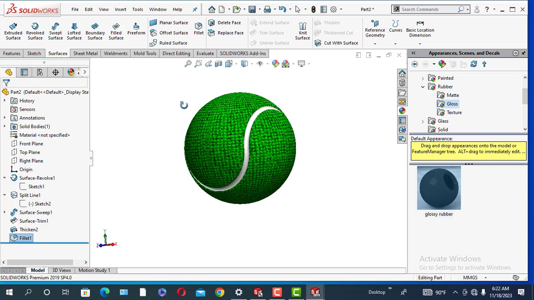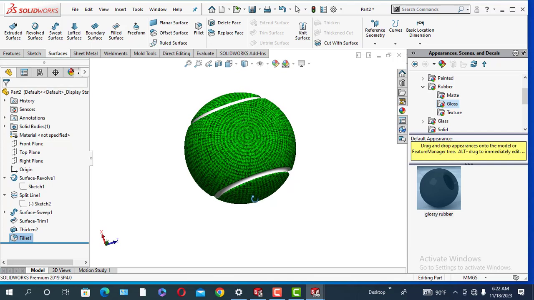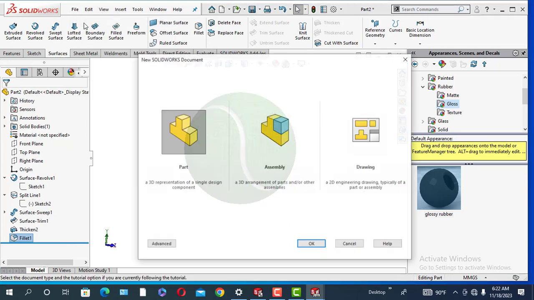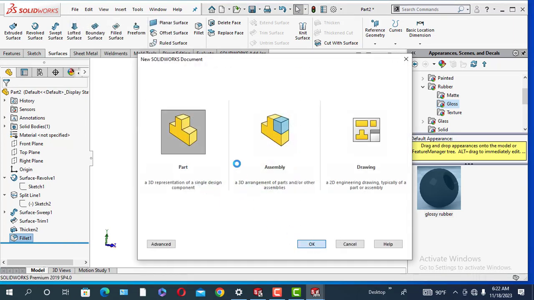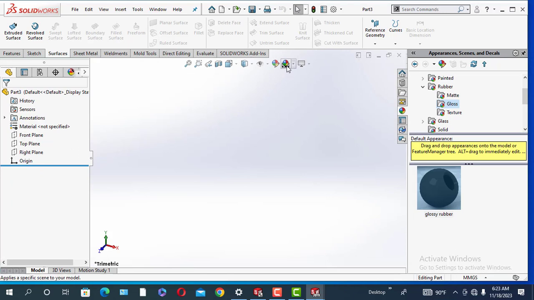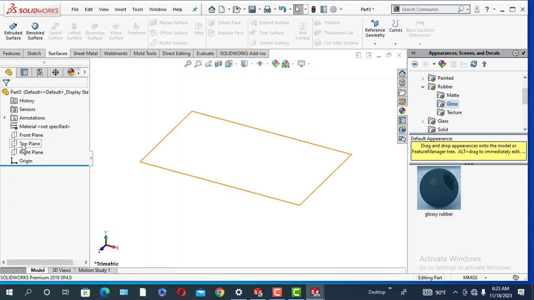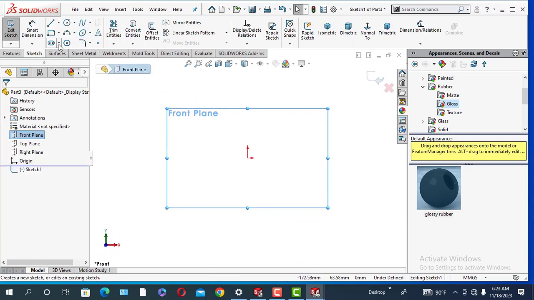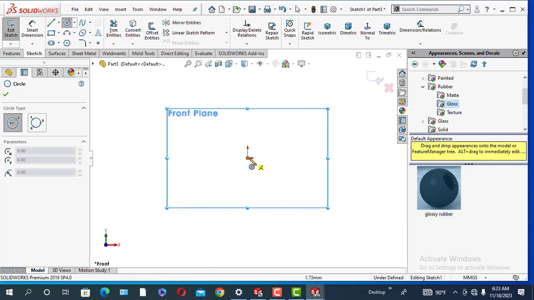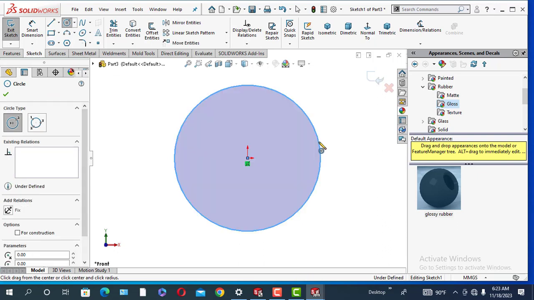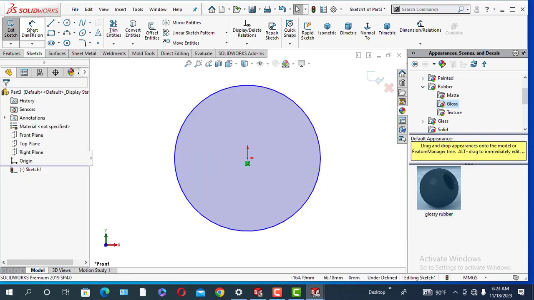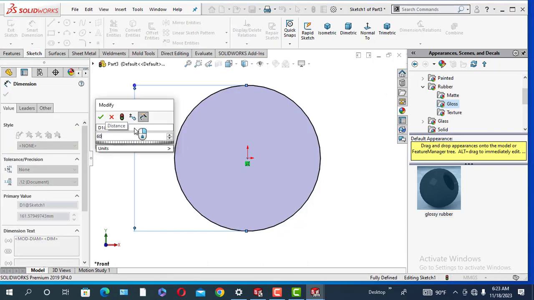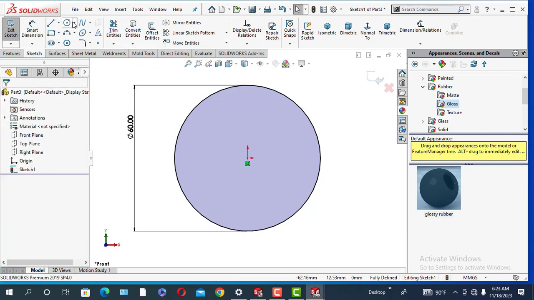আজ আমরা ডিজাইন করব টেনিস বল। সো লেটস স্টার্ট। নিউ পার্ট, then select front plane, circle, smart dimension is 60. Okay, now